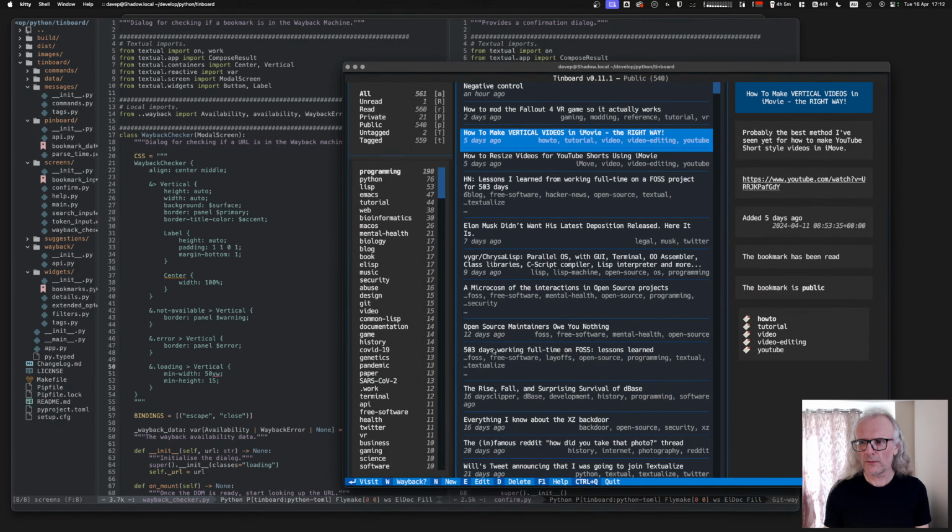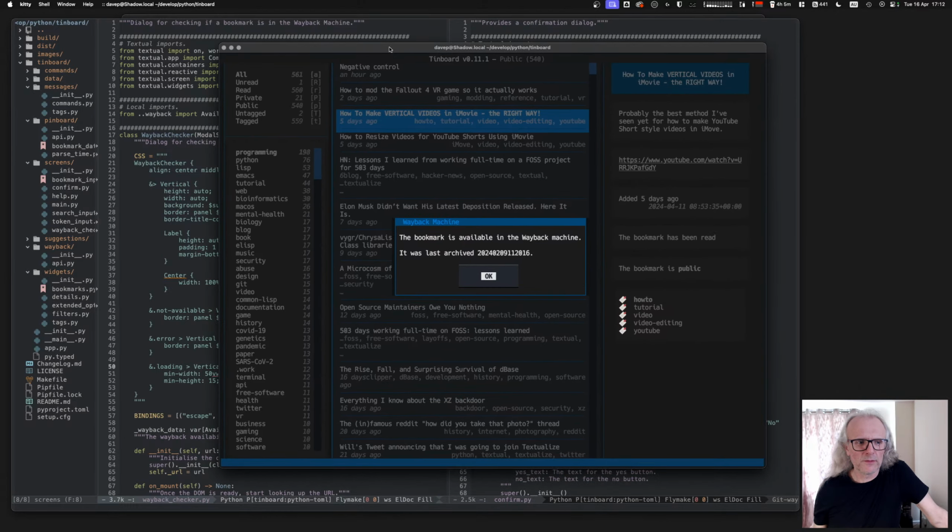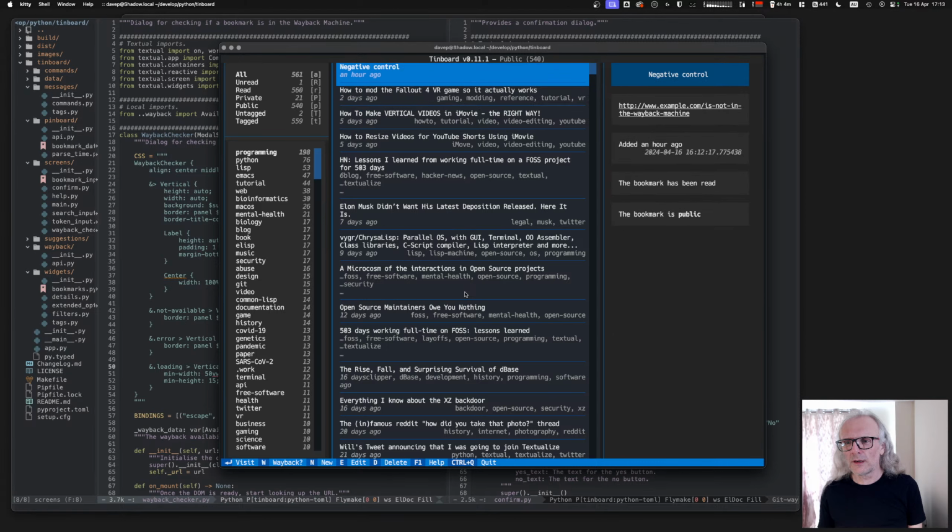Yeah, so that's not in the Wayback Machine. That is. So, as I say, something I want to add a little bit later is parse it out, so it's actually something a bit more meaningful, a bit more readable, a bit more useful, and also probably add a visit button as well, because it's a bit silly to not actually allow you to then go to the Wayback Machine and look at the old entry, especially if, because actually yeah,